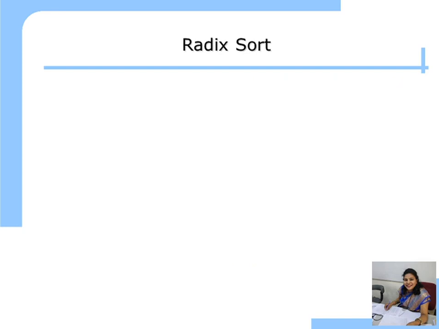Now let us see the example. In radix sort, this is the example having the numbers 89, 34, 23, 67, 44, 19, 20 and 4. How many elements are there? 8. So if you want to perform bubble, selection and insertion sort, you will require 8 minus 1, 7 passes. But in radix sort, how do you calculate the passes required?